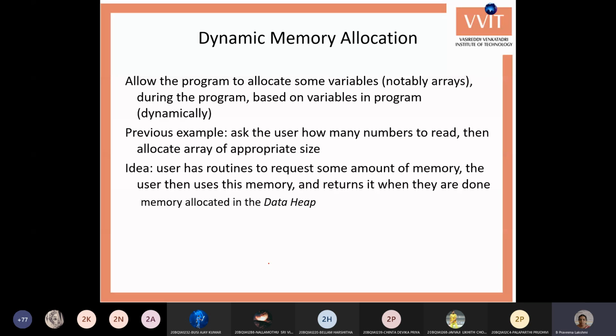And dynamic memory allocation. Dynamic memory allocation is used whenever you want to reserve memory for a pointer variable. Generally, for all the variables, the memory is allocated at the time of compiling the program, that is, before execution. But only for the pointers, the memory is allocated at the time of executing the program.